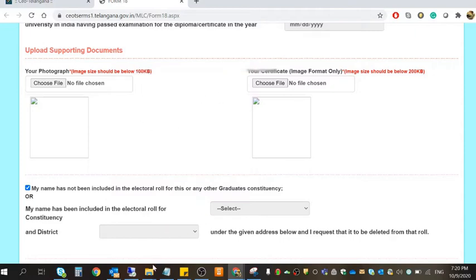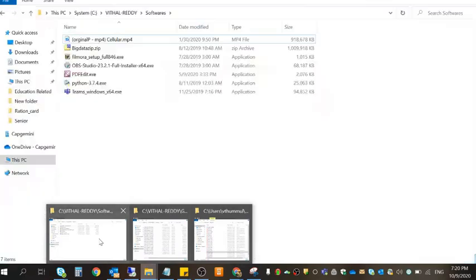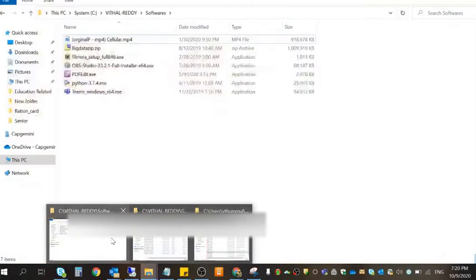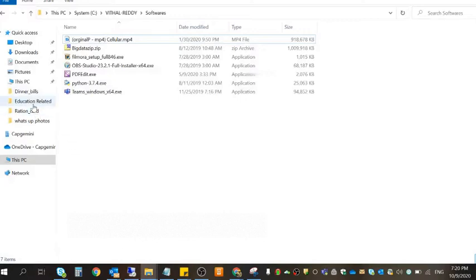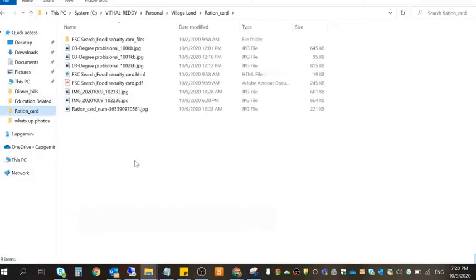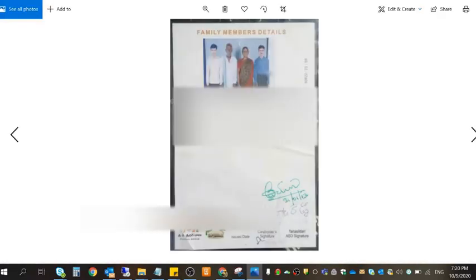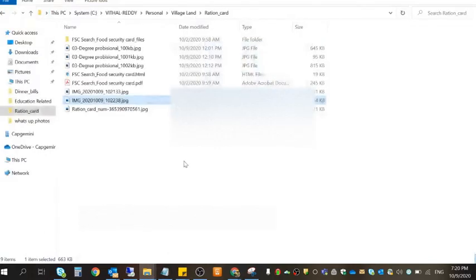I am going there. For example, the image, you can see here. It's a ration card, not this one.